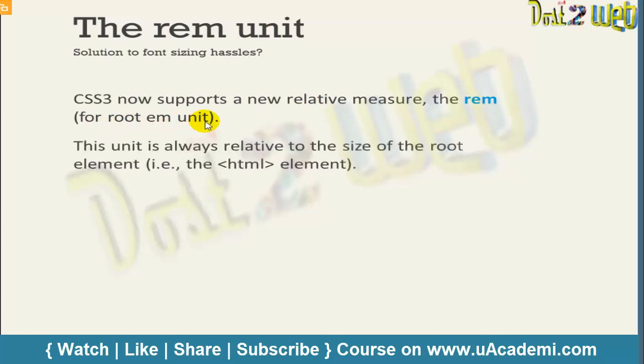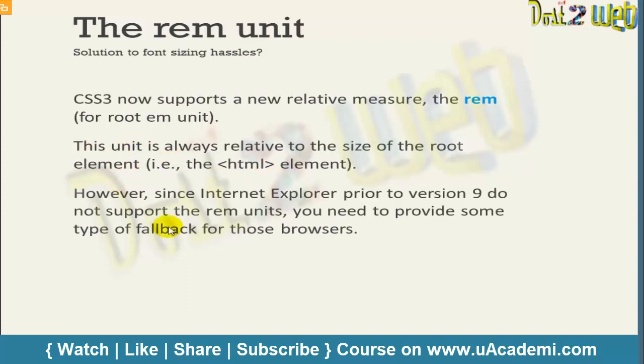This unit is always related to the size of the root element. That means whatever root element you have defined, like the HTML element, the same way it will take. Because Internet Explorer prior to version 9 does not support the rem unit. Remember this, if you have the older version, then definitely it will not support. You have to use the